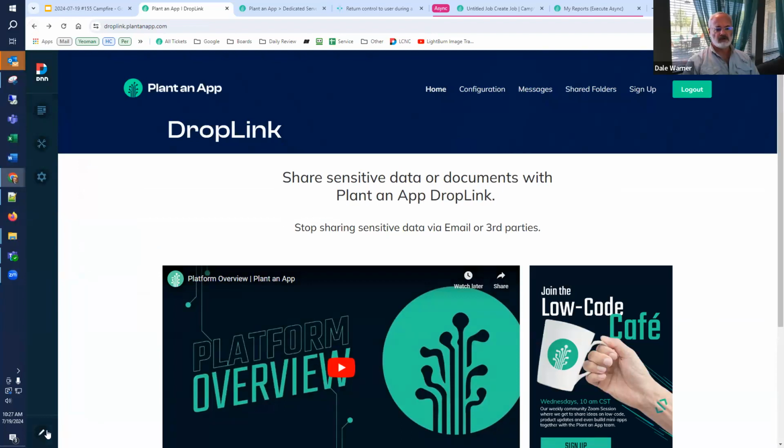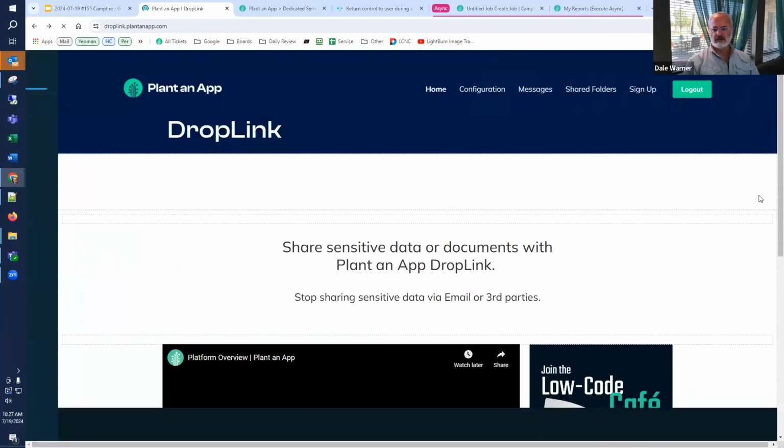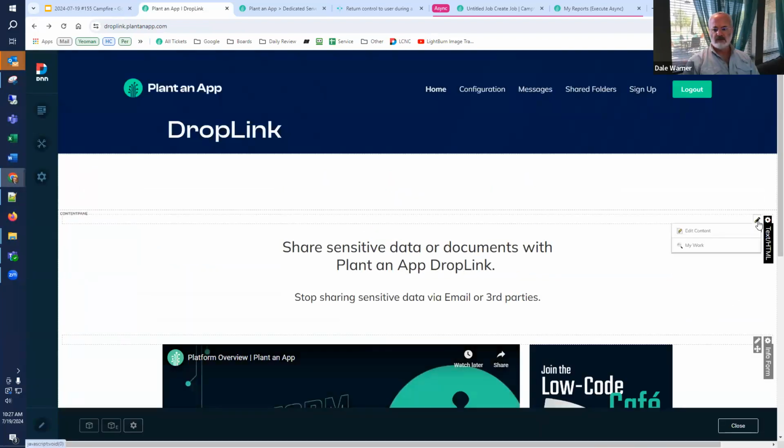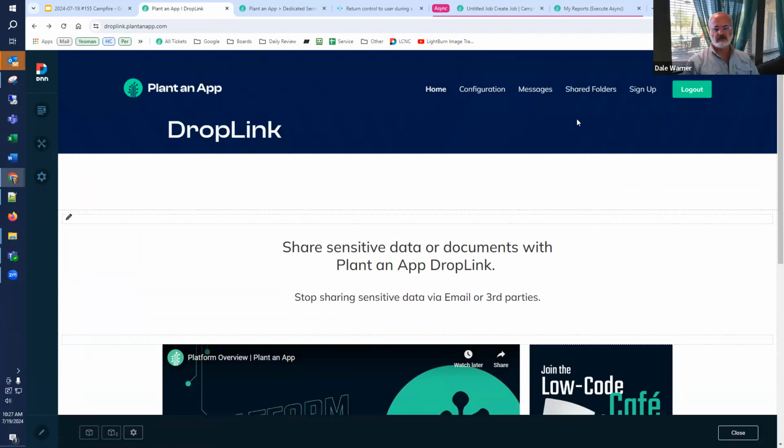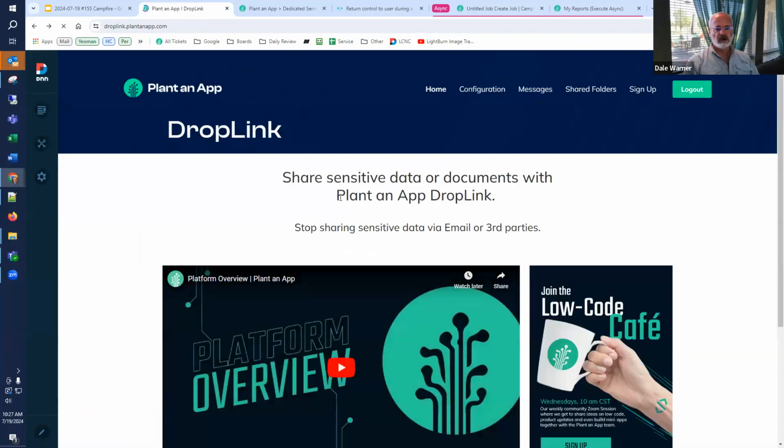For example, we can still edit and manage the forms on the page, so you can do certain low-code development. You just can't do the things that are on the configuration page.